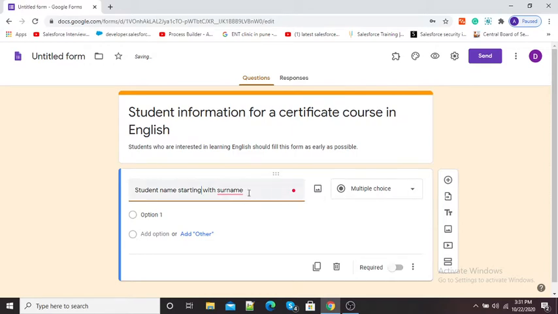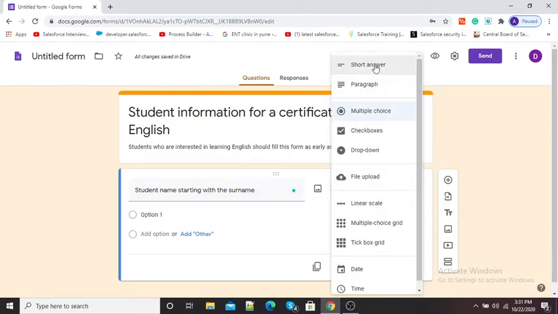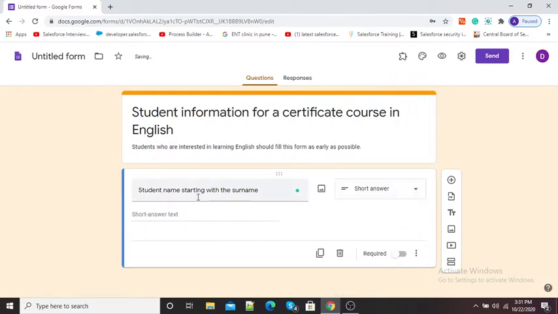So now here you can see multiple choice option is there, but for this question we want short answer. So I will click on this box and here I will select this short answer option. So now first question is student name starting with surname and it is short answer.